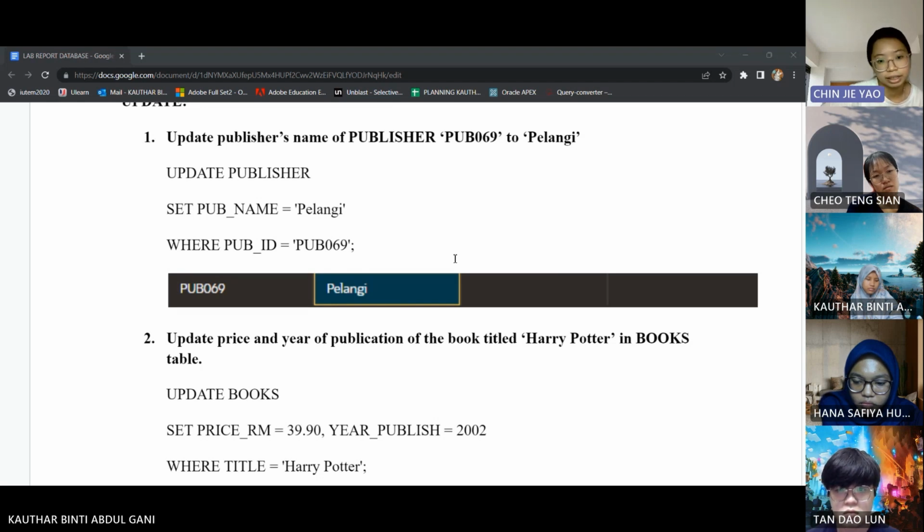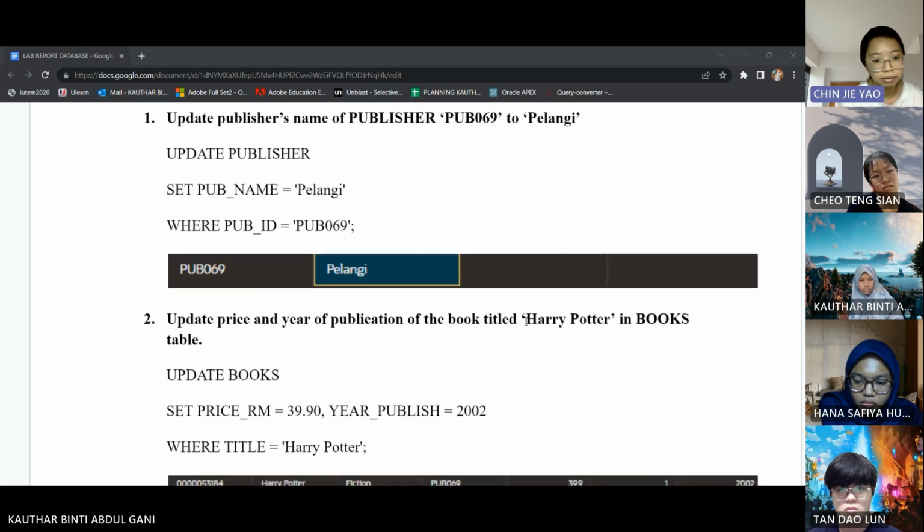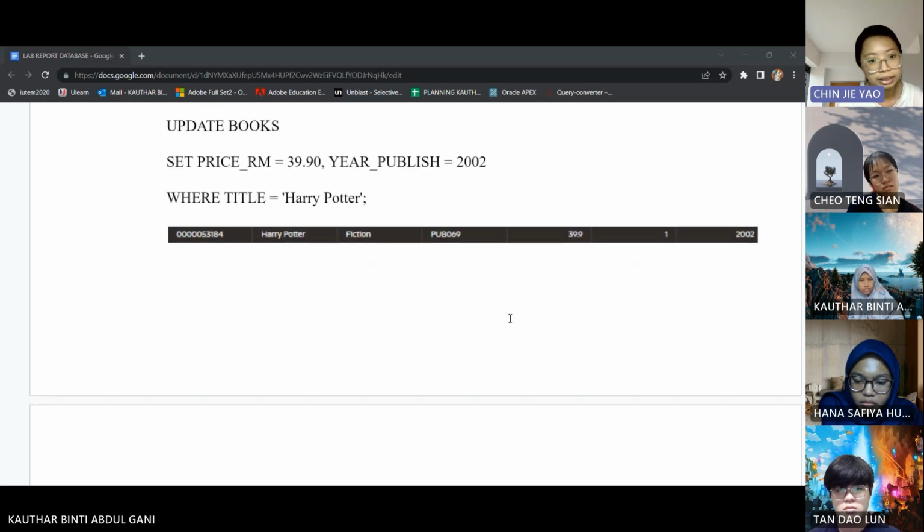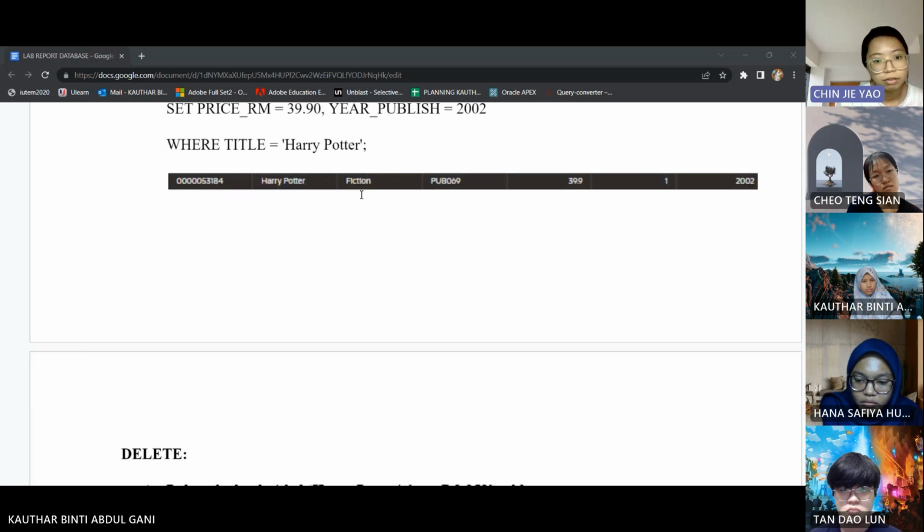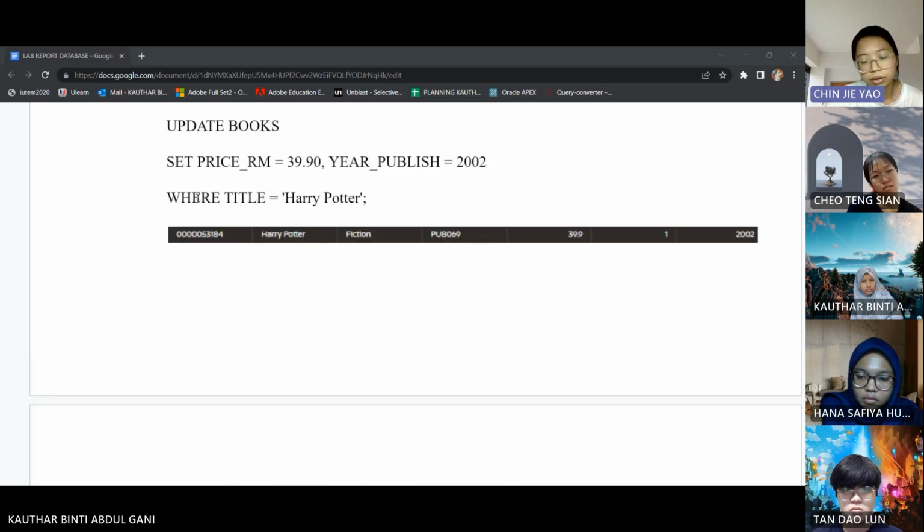For the second example, we update the price and year of publication of the book titled Harry Potter in the books table. So we update books, set price to 39 ringgit 90 cent and year published to 2002, where the title of the book is Harry Potter. After we execute, the book Harry Potter is updated to 39 ringgit 90 cent and year 2002.